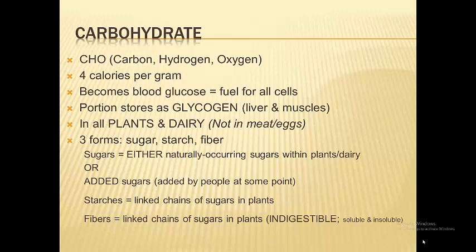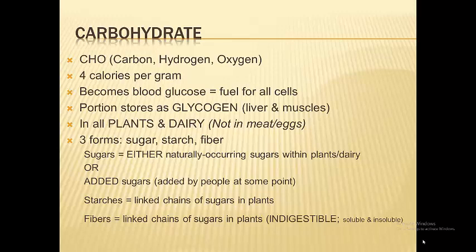We just call them naturally occurring sugars if they occur naturally within nature's creations, such as breast milk, which can come from any animal, right? A cow, a goat, or otherwise, as well as in plants. So all plants and dairy, you learned, contain carbohydrate, and you learned that eggs and meat are the dead flesh of animals and/or the unfertilized products, and therefore they have no circulatory system, and therefore there's no circulating blood glucose. Therefore, they do not contain carbohydrate. All of what I just said should be stuff that you already know, that you learned.